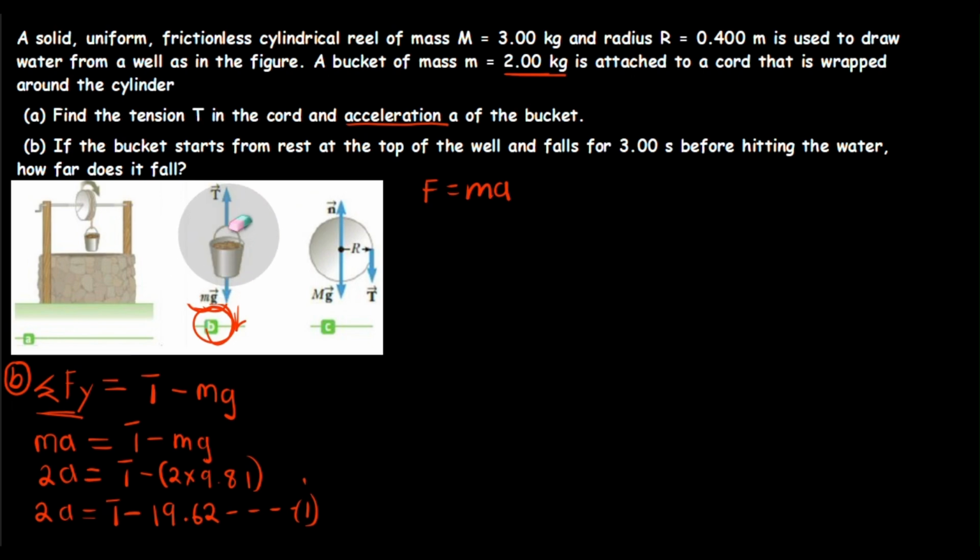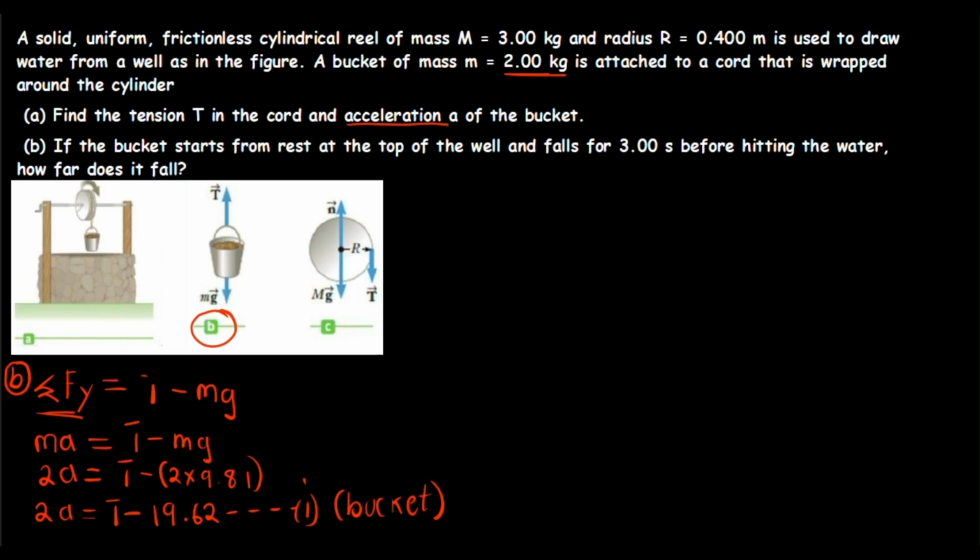After doing that, I'll go to C. If I go to C, I will be talking about the cylindrical reel, the one which is rotating to draw water from the ground. Now, this is equation 1 for B, for the bucket. So let me even put here that this is